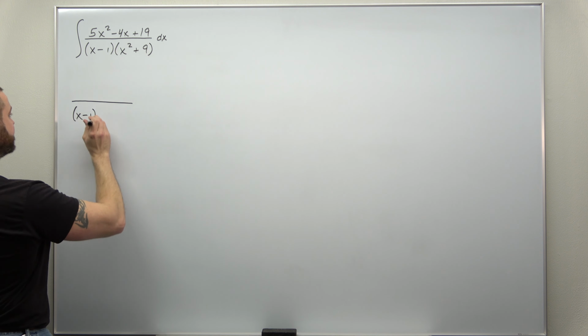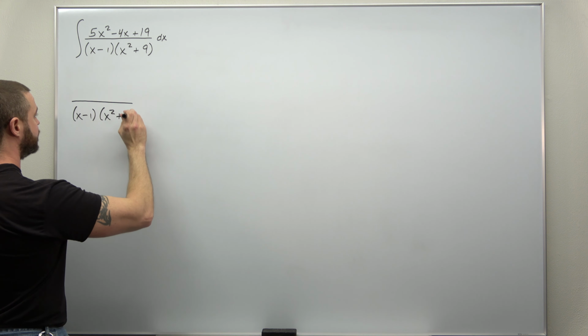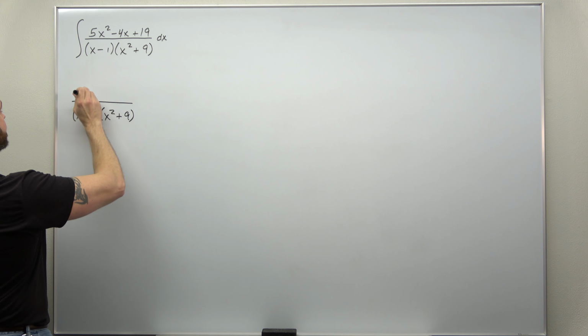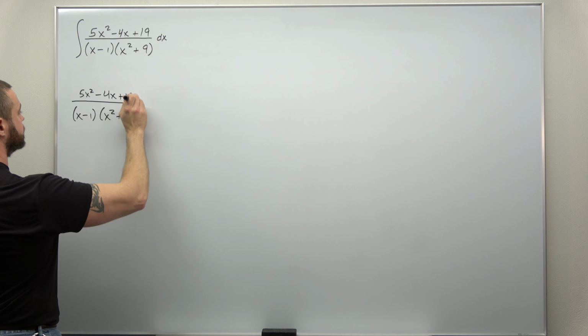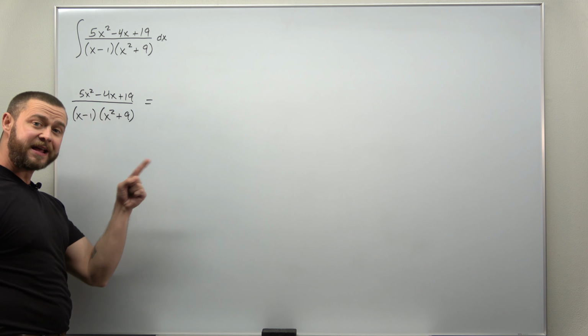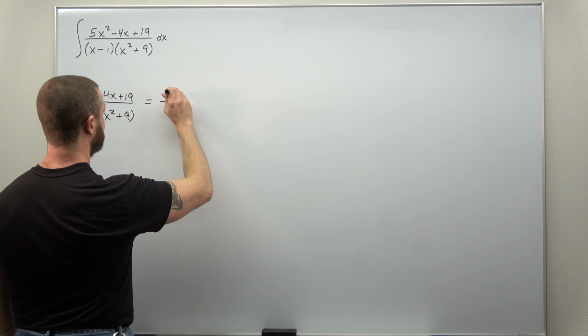Since our denominator is fully factored, we can jump straight to the partial fraction decomposition. So we have the linear factor x minus 1, and then the irreducible quadratic factor x squared plus 9. All right, for the linear factor, we get a partial fraction of the form a constant over the factor x minus 1. So we'll go with A